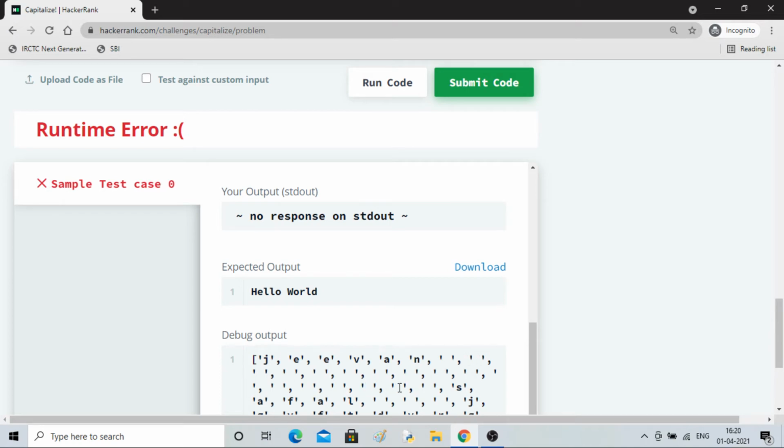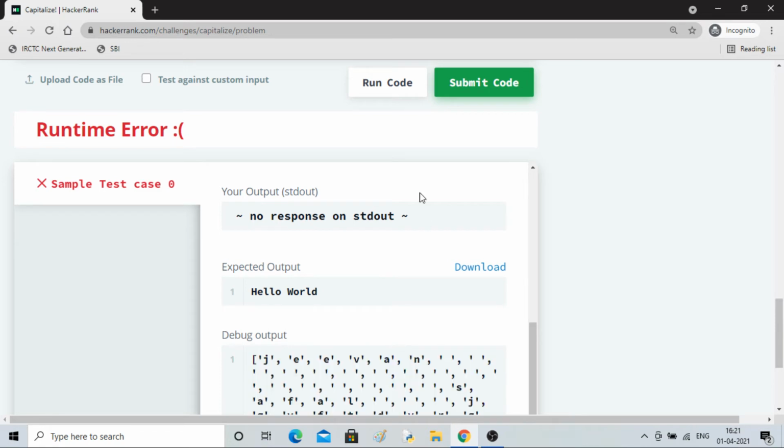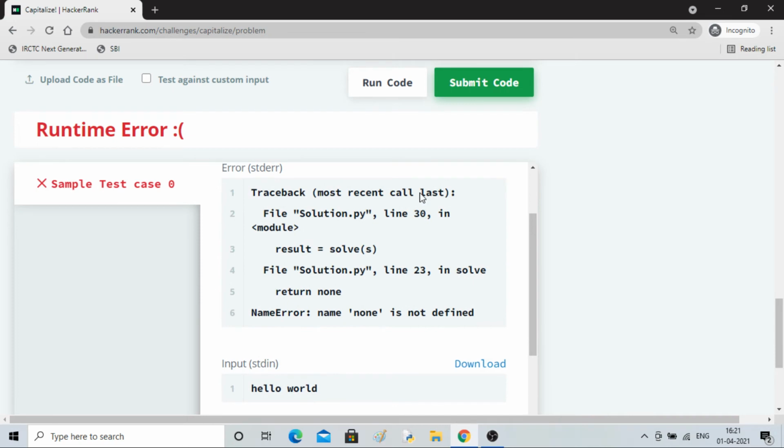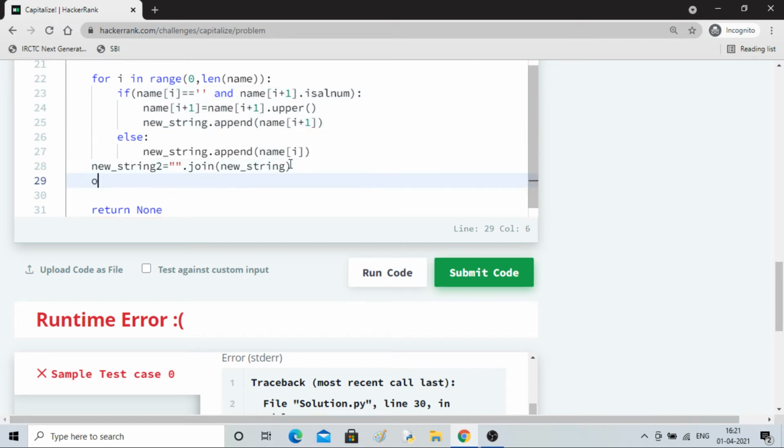But when it comes to this position, it will check the next position. It's an alphanumeric character, so it will take this guy S, capitalize it and append it. Else it will keep on appending normally.